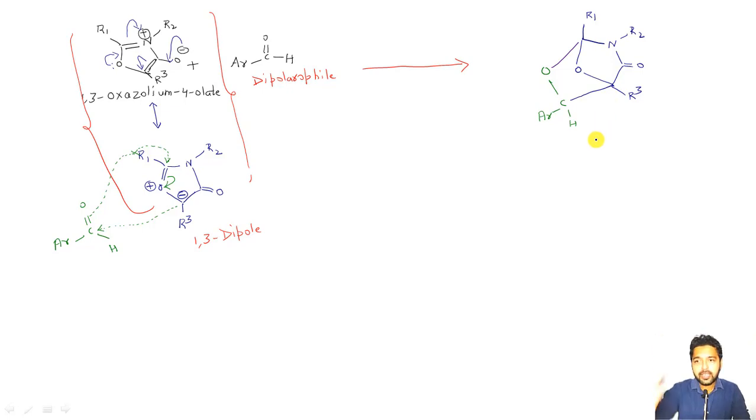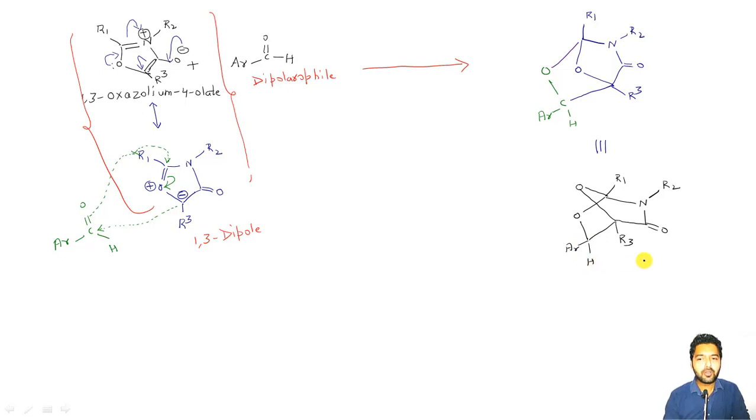So I can always represent it in the other form, some simpler type of form, and that will be oxygen, single bond. I can always do it like this. This nitrogen here is having R2, then carbon double bond oxygen, I can do it like this. So this is having R3 here, this bond, this is having R1, and I can lift this oxygen in this way. This is having one aromatic group and one H here.